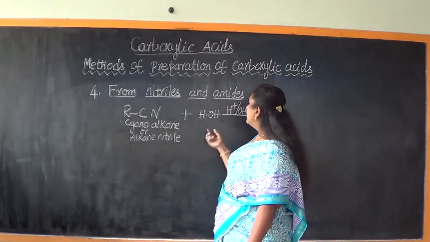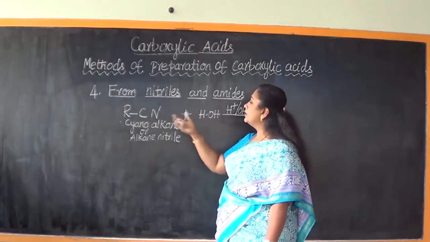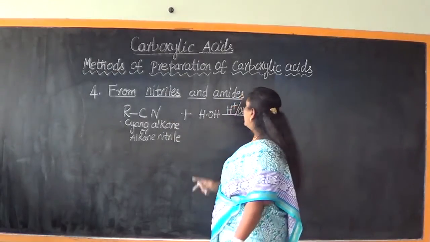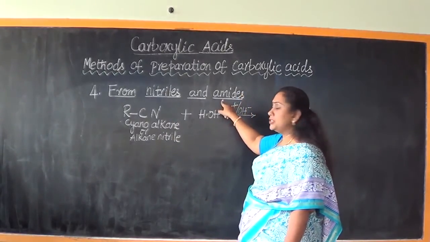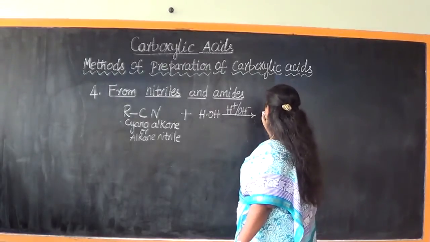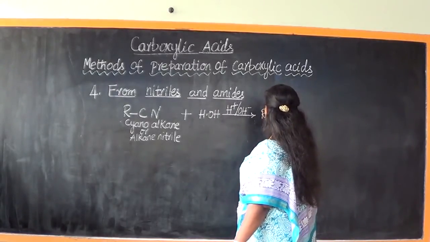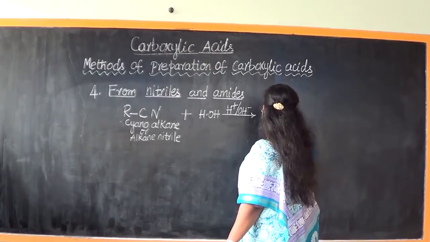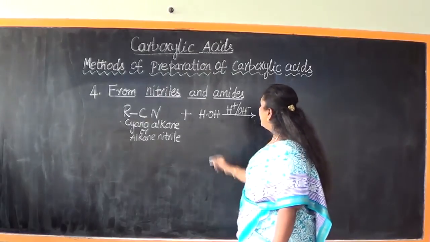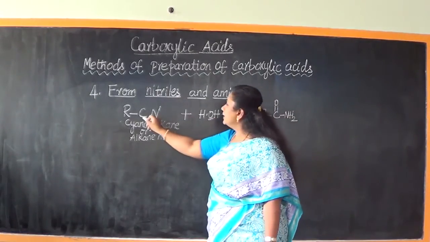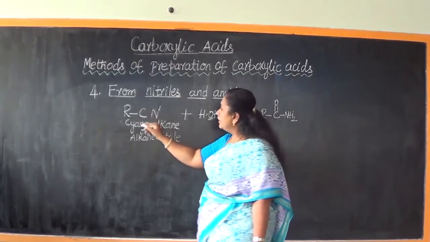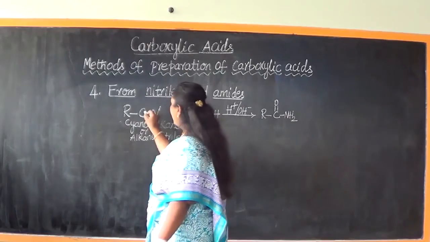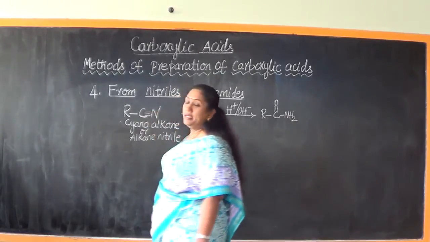Now what happens? We see the attachment of the constituents correspondingly to this, so that first we will land up in the formation of amides. So what is it that we are going to get? We are going to get RCONH2. So what happens now? Oxygen takes a linkage with carbon. Please remember, this carbon and nitrogen would have been linked by a triple covalent bond.